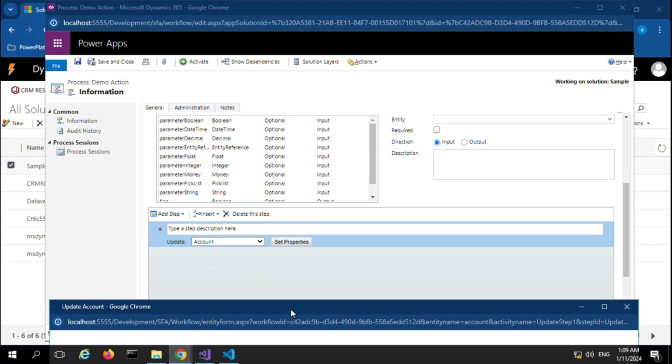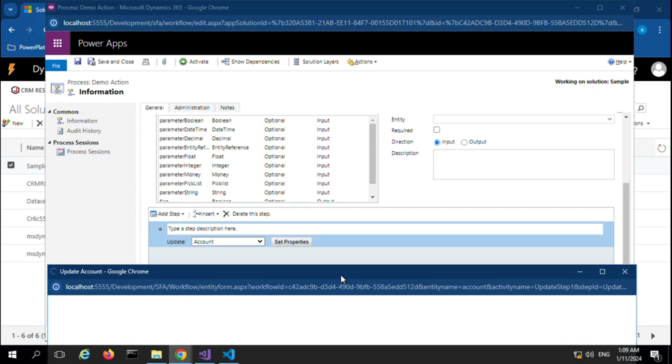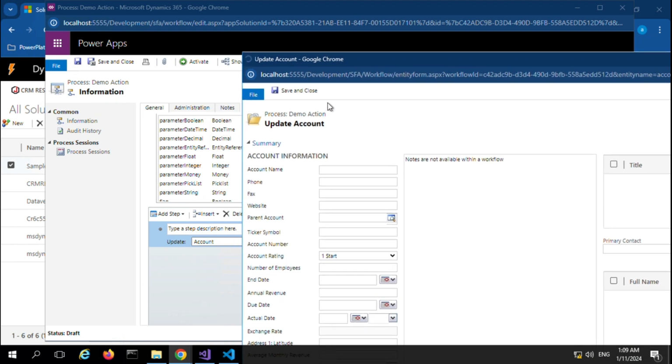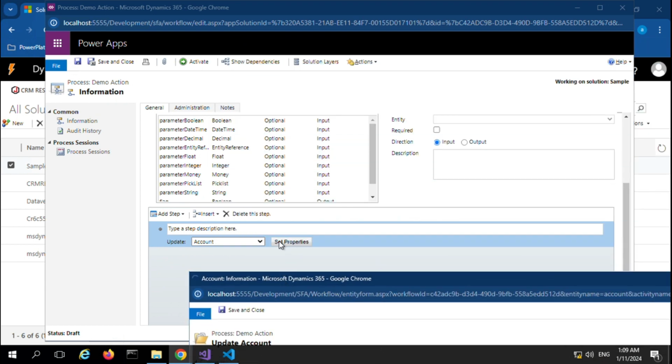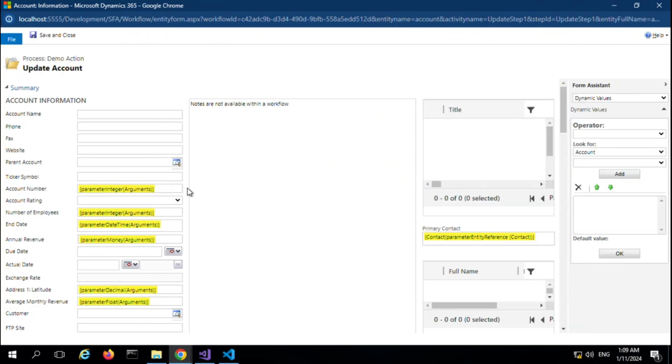But for the sake of simplicity, I just have added a simple update, and indeed I'm going to open the properties. I click set properties, and this window now pops out, and you see that